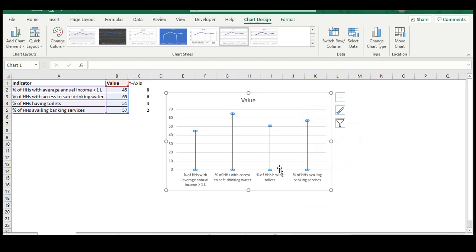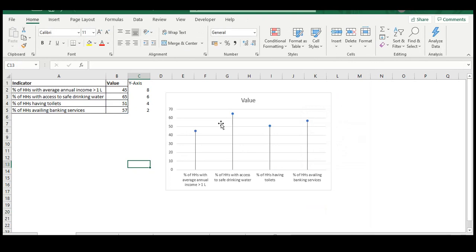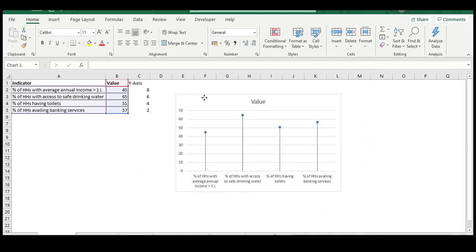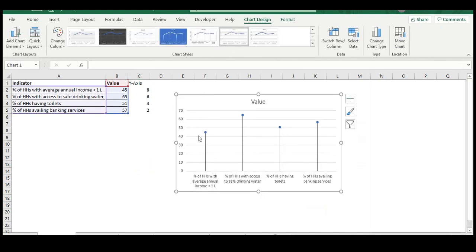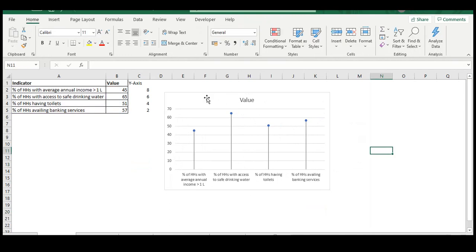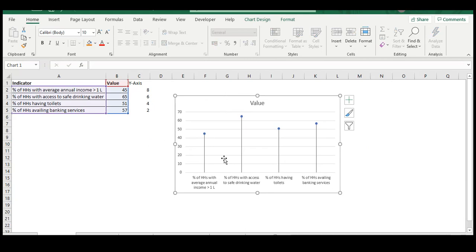and that's it. So now you can see I have my bar graph, which is nothing but a modified version of my line graph with markers, and this looks better than the conventional bar graph, and you can also use this in your reports and presentations. Now as a general practice,